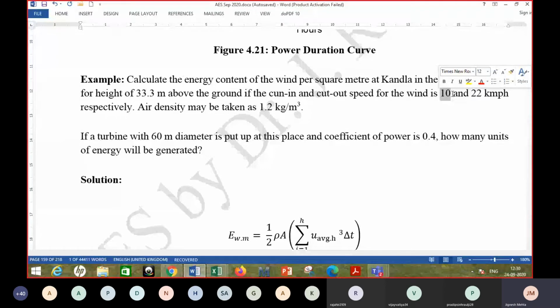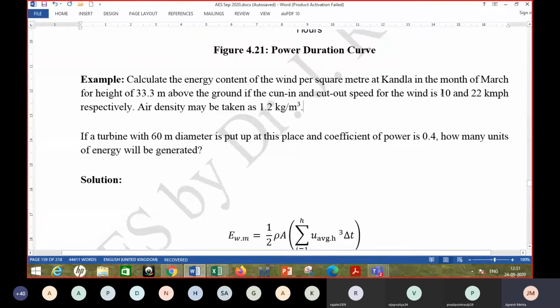10 to 12, average 11, and the frequency fraction is 5.3. So you are going to start your calculation from that row, and then up to 22. For the first image only, the last horizontal line is 20 to 22, so your average is 21, and the frequency of occurrence fraction is 7.8. So we are going to utilize only those 1, 2, 3, 4, 5, 6 values. This is also to simplify the example, otherwise it will become too lengthy.